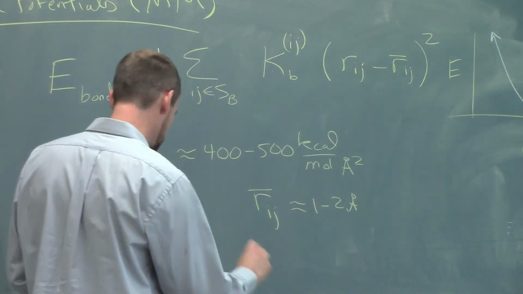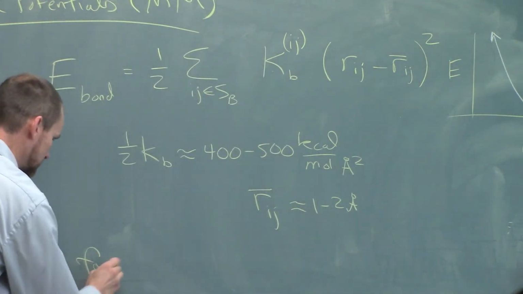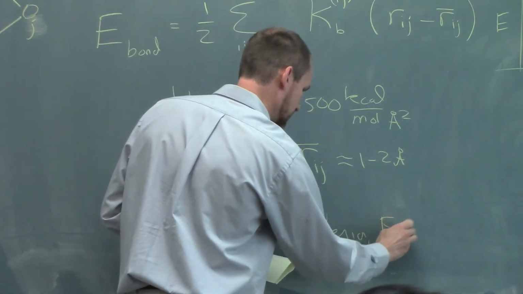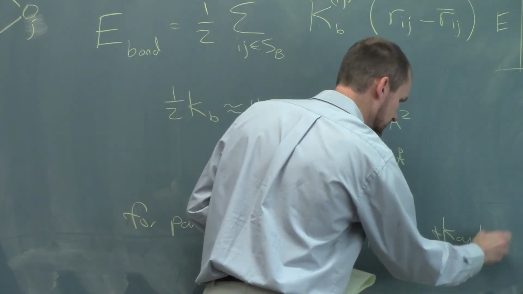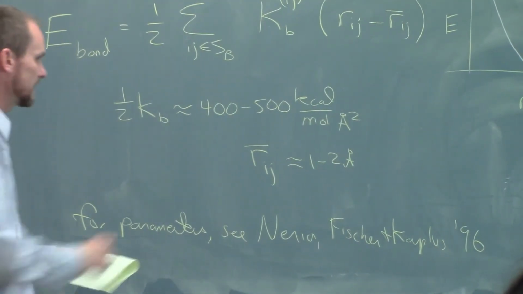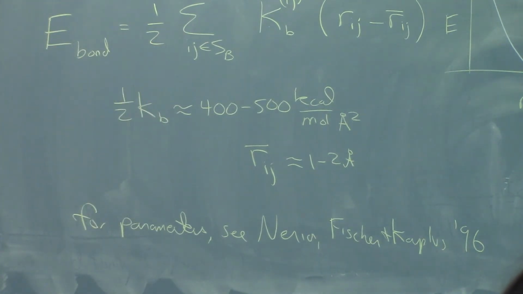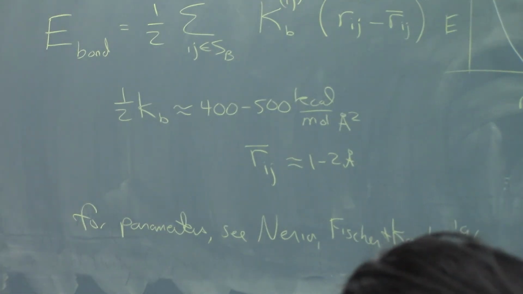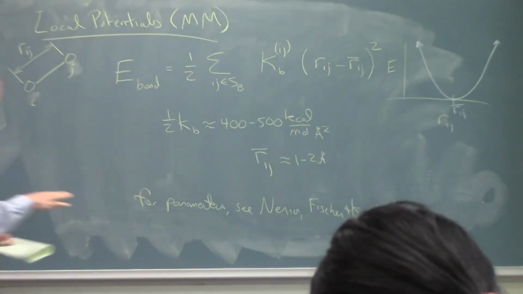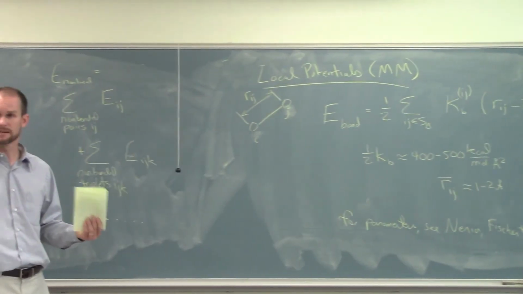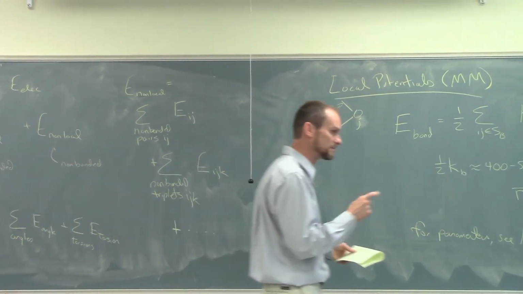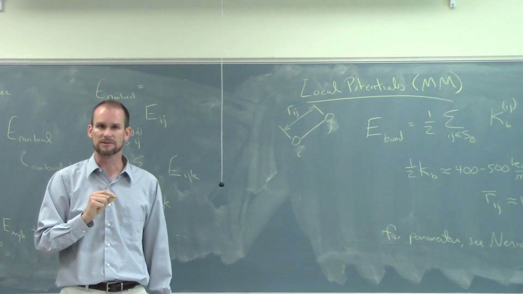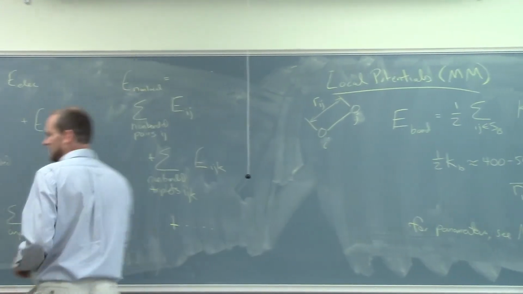I posted an article with some parameters. See an article by Neria, Fischer, and Karplus in 1996, so this is going back a little ways. And they have a table 4 that has all of these bond lengths, all of these Kbs. You can just say that I want the Kb between 2 carbons, or between a carbon and the carbonyl carbon, or the carbonyl oxygen, and you can look up that value. And they've tabulated these, and they've tested them against spectroscopic data, thermodynamic data on simple model small molecules. Karplus, you know Karplus, 2 years ago was given the Nobel Prize for work in the computational chemistry area. So, all right, so that's the